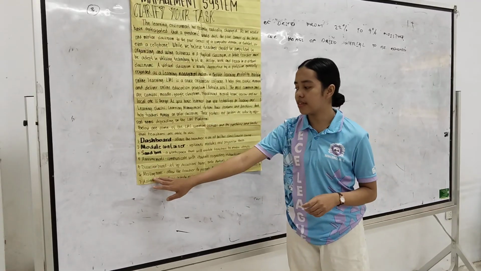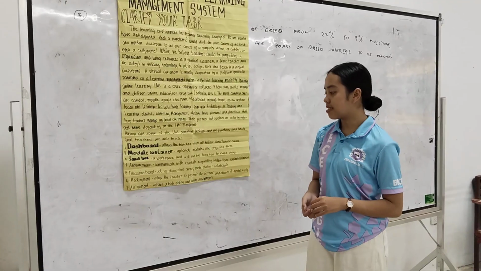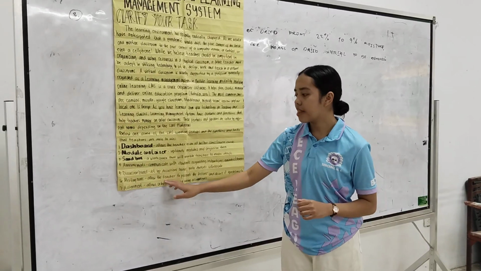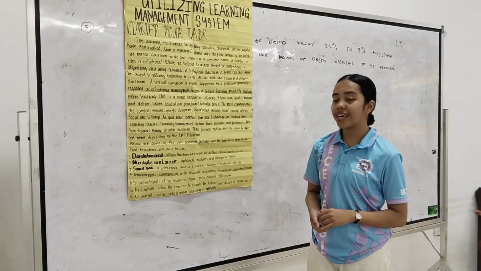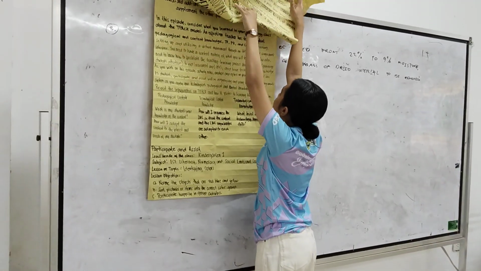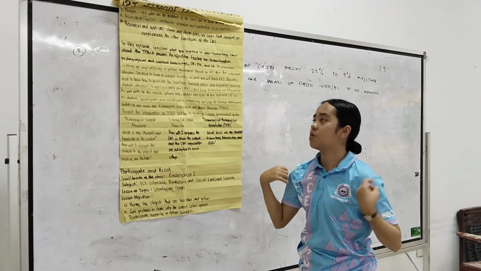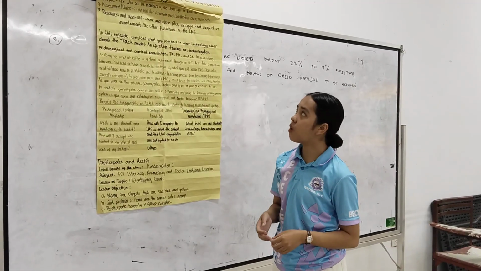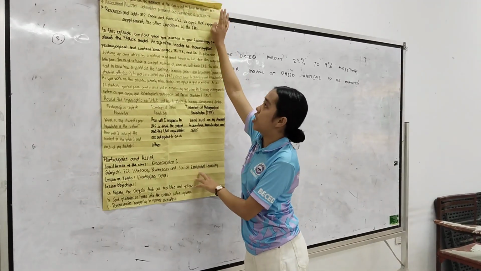Then the sixth one is the meeting rooms. It allows the teachers to present the lessons and discuss synchronously. Then seventh one is the assignment. It allows orderly giving and scoring of assignments. So the next one is the people. It is to see who are the members of the class and get to know the learners more.